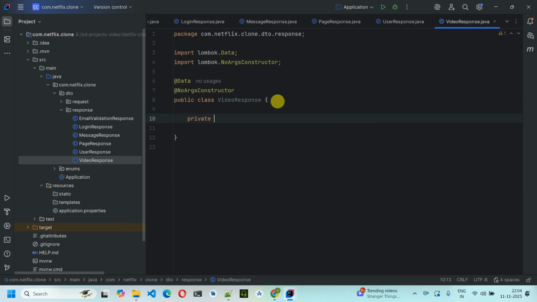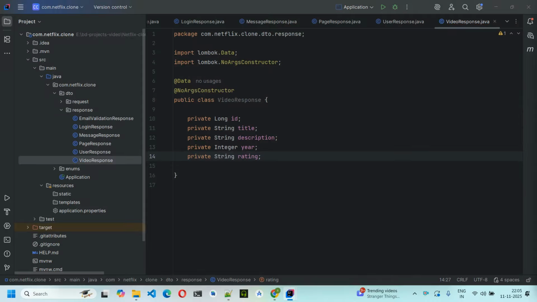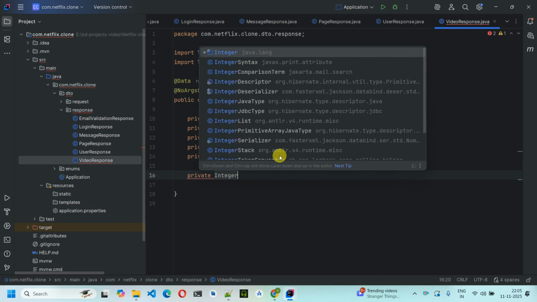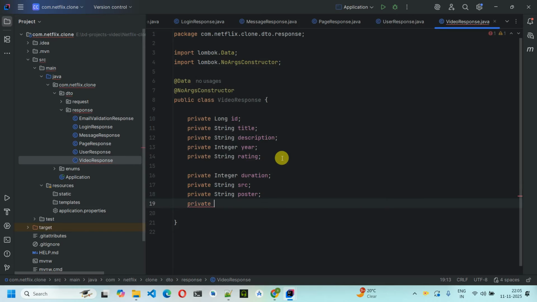So inside this one, we need private long id, we need private String title, we need private String description, then we need private Integer year, we need private String rating, then we need private Integer duration, private String source, private String poster, private boolean